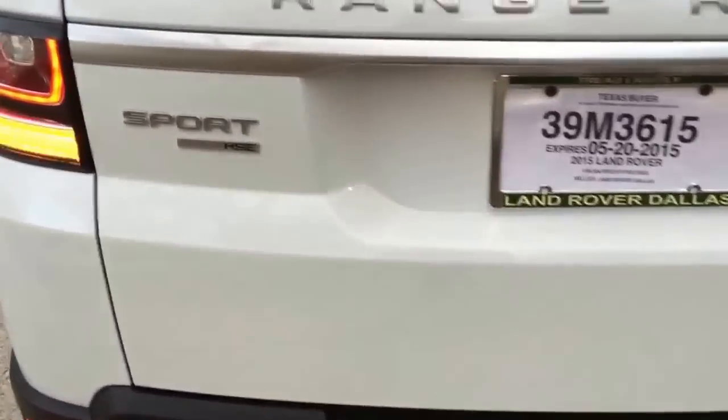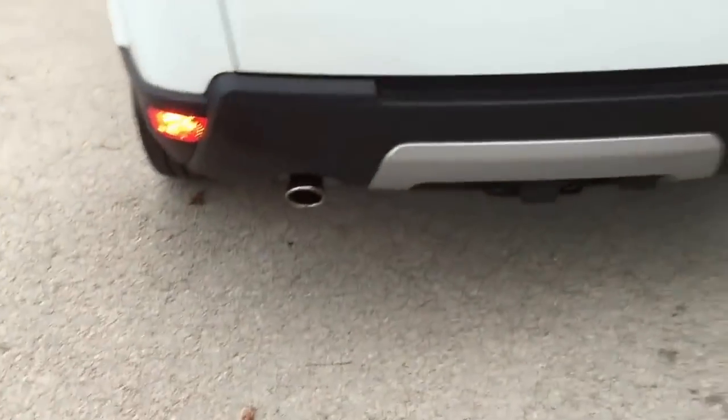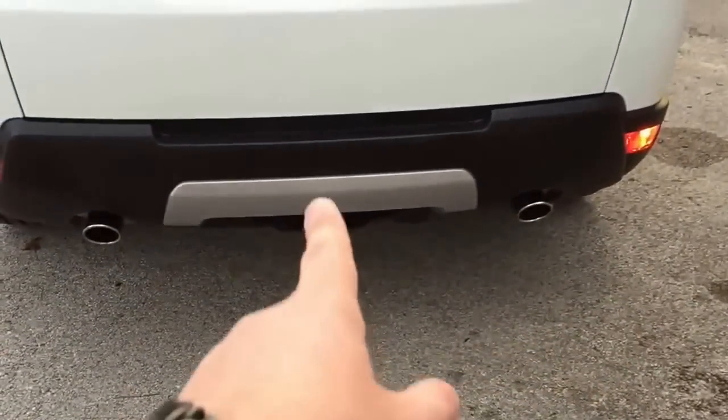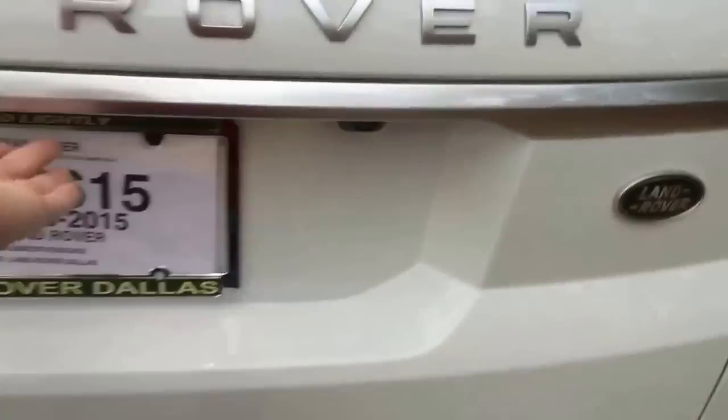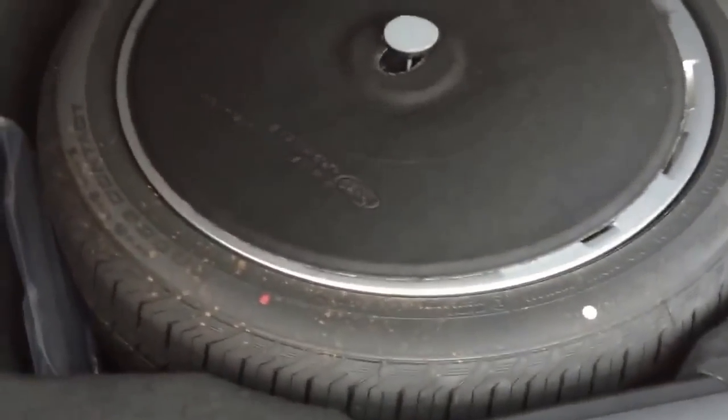This is a Sport, obviously. This is the HSE trim. Like I said, chrome polished exhaust tips. This one does have the tow package, and with the tow package, one of the really nice things that I like about having the tow package is you get a full-size rim and spare. So the exact same rim and the exact same tire that's on the four corners now